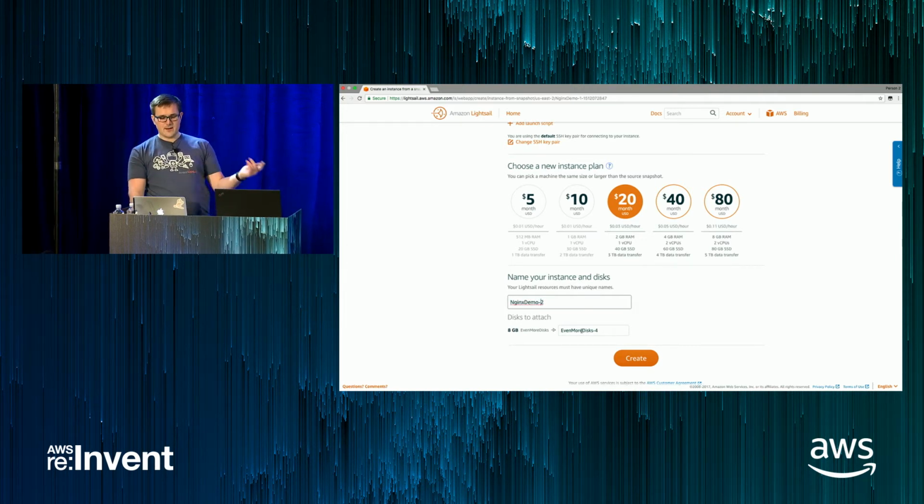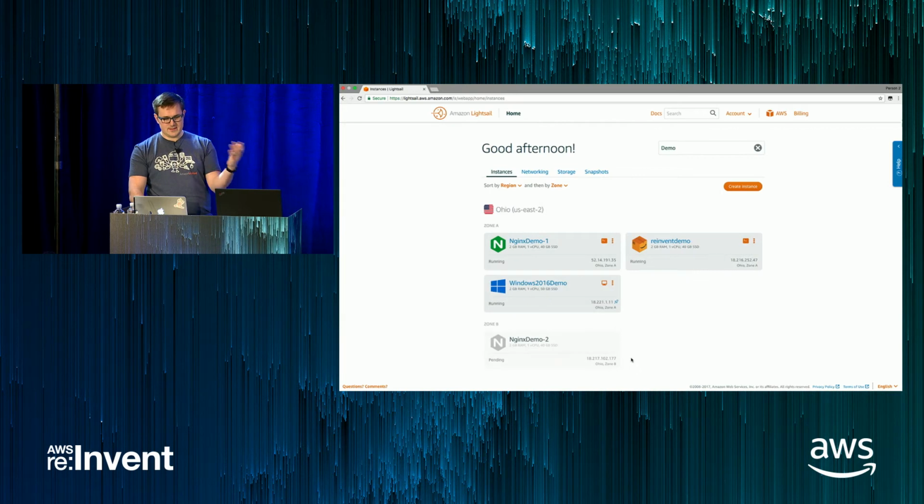And you can see, because I already had a disk attached to it, I get to give it whatever name here. It will automatically create a new name for it, but you do get a degree of control with what the disks attached to an instance snapshot, from snapshot will look like. So you can see I've got a bunch of things in zone A, and now I have this Nginx demo